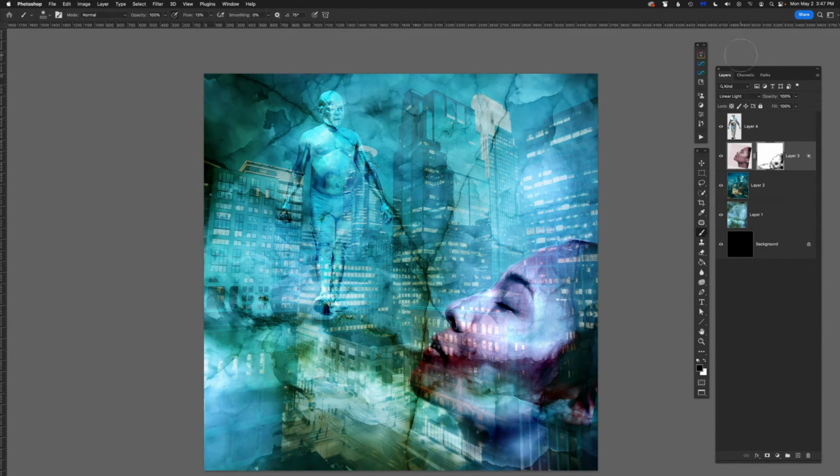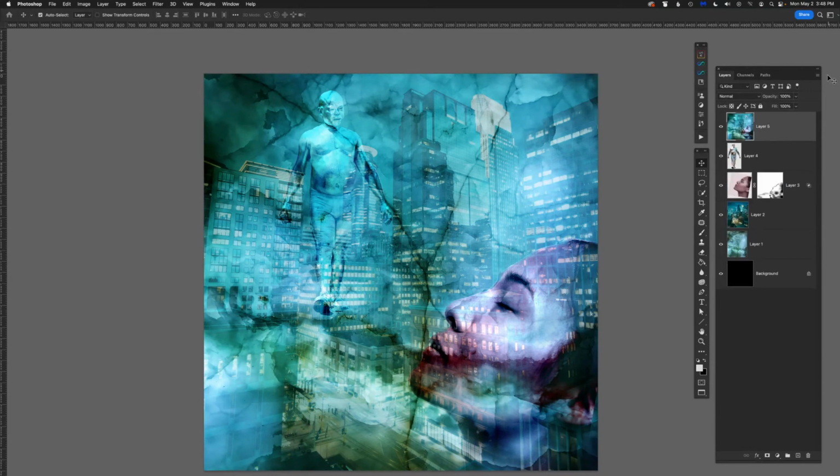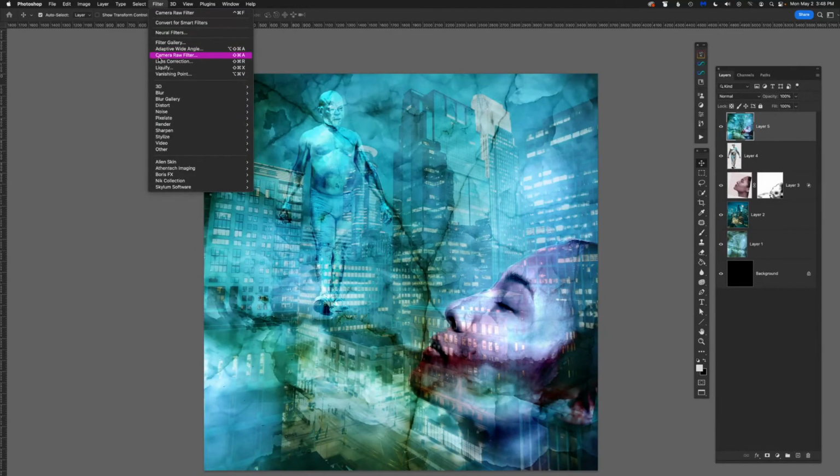So what I do is I choose the top layer. I'm in my move tool, and then I press on a Mac Command Option Shift E, which I believe would be Control Alt Shift E on a PC. And that creates a new composite layer on the top. So that's a composite layer of everything. And then I can go to Filter, Camera Raw,